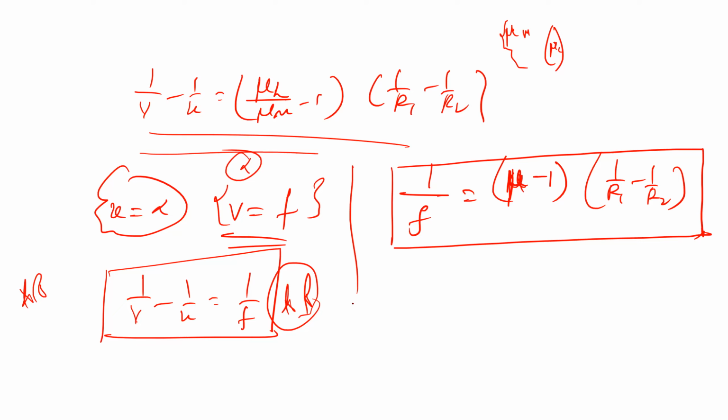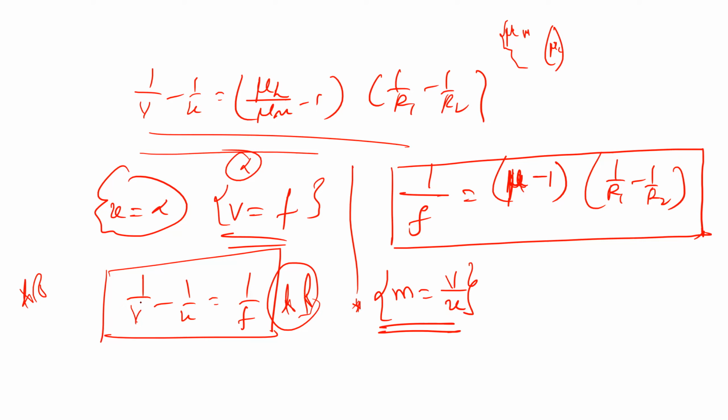Then here are another 2 formulas. I gave you some 2 formulas right there, where in mirrors I gave you the magnification formula that is equal to minus V by U, right? Yes, sir. Minus V by U I gave there, but here the magnification formula is V by U.